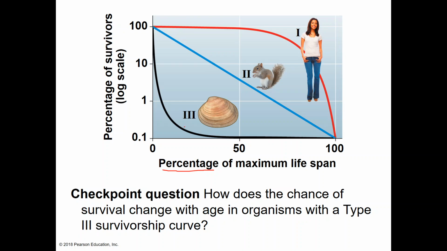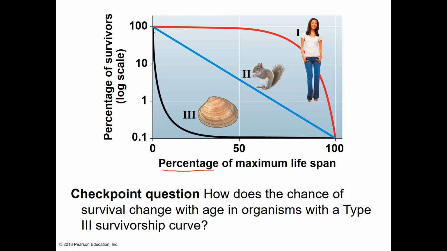On the other hand, species that have type 3 survivorship, like the clam, show that their percentage of survivors drops off pretty heavily right at the very beginning. And then the ones that do make it can live a long time, but their survivorship numbers really decline pretty rapidly. These types of species usually produce a large number of offspring, but provide little or no care for them. Some fish, for example, like we already talked about, can produce millions of eggs at a time, but most of the offspring die because they're preyed upon very early when they're really tiny.